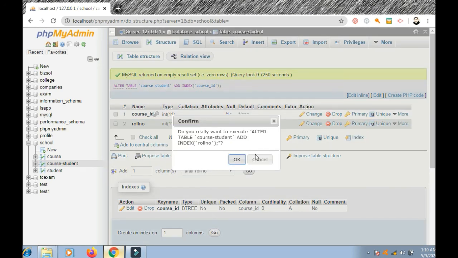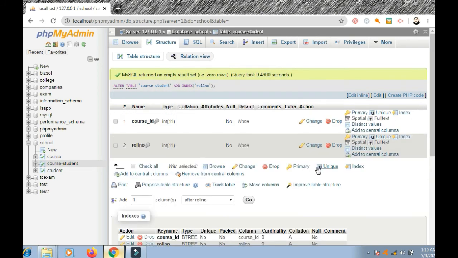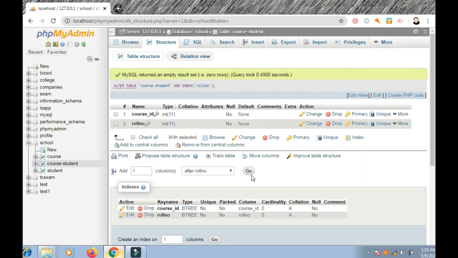Okay, now we have created the indexes, these two indexes on course ID and roll number. Now we use the designer.